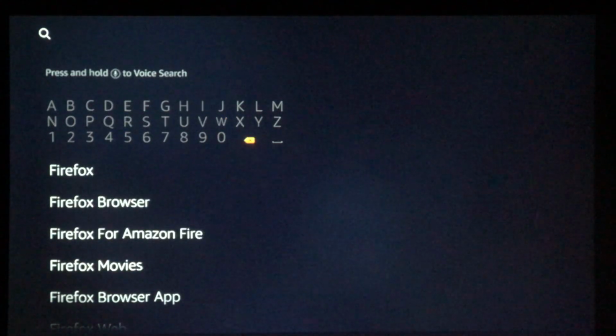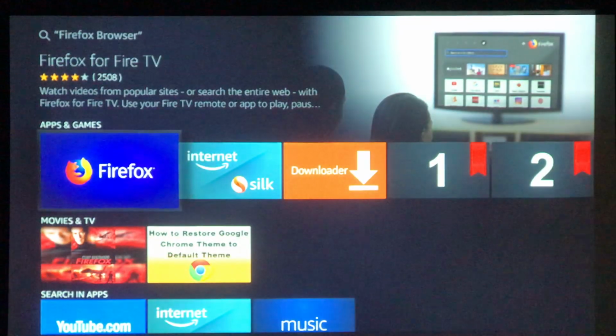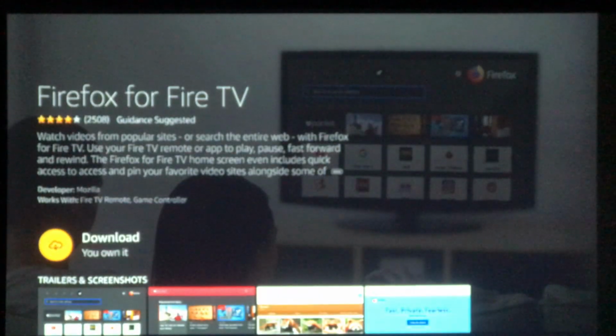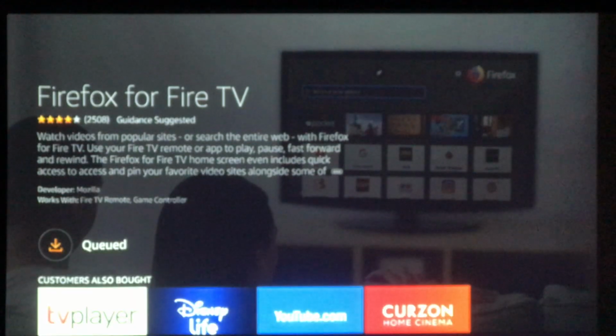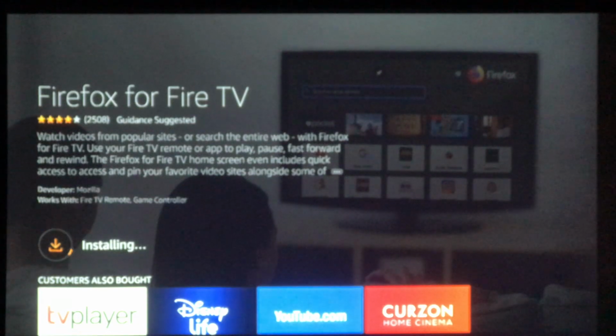So there we go, we've got Firefox browser, so we'll select that from the apps, and we're going to download that. Now, I've previously downloaded Firefox, so it's already waiting for me to download it. It'll ask you to get it first, and then it'll process that through your Amazon account, but then you can download. We'll queue it. It'll take a couple of seconds, maybe a minute or so, to download and install. It's an easy to use browser, but obviously we're not looking at it to use as a browser,